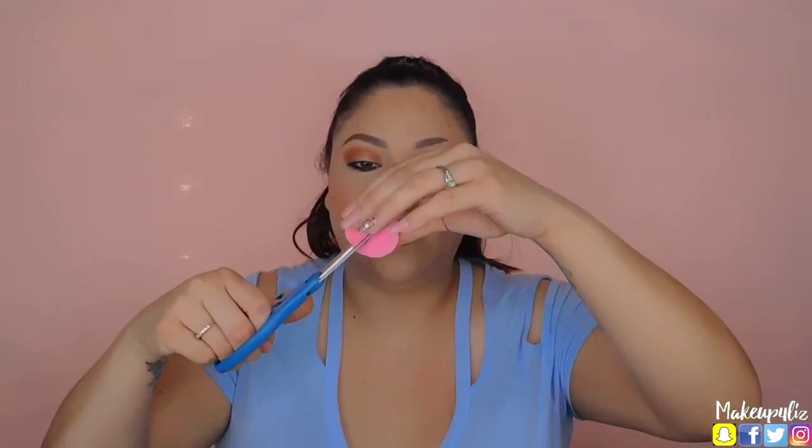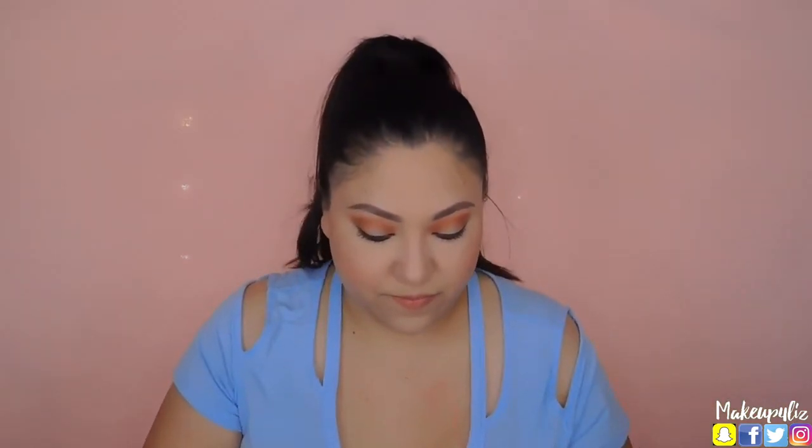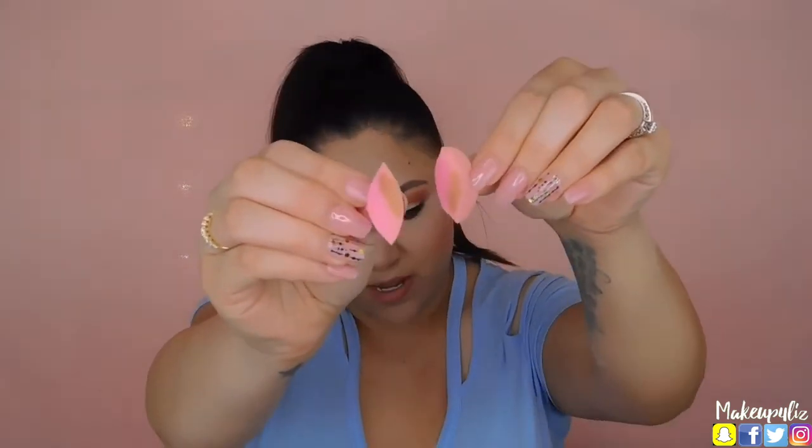Let's cut this other one. No, it has nothing. It's still a little bit darker of the pink because it's from the inside, but it has nothing. Let's see the big one because this is the part that I use most. Let's cut this. And no, it still has a little bit of foundation in there, but nothing crazy, no bugs. Let's try this one. Yeah, there's foundation in there, like built up foundation, but it's nothing crazy. I do not see mold or anything. Let's see this one. No, it's still like,